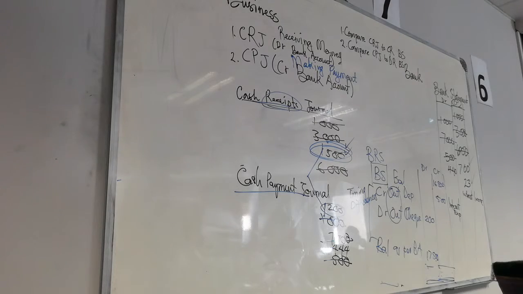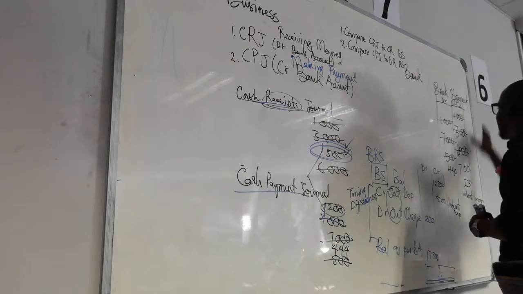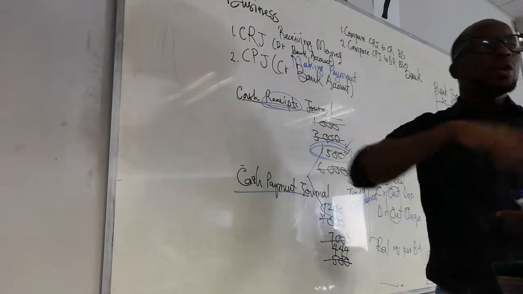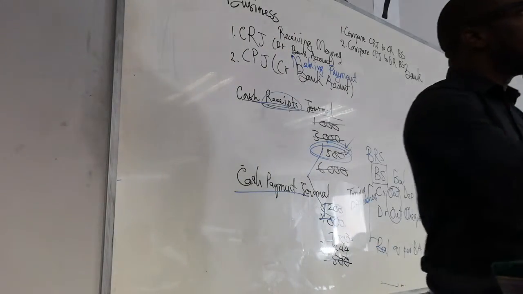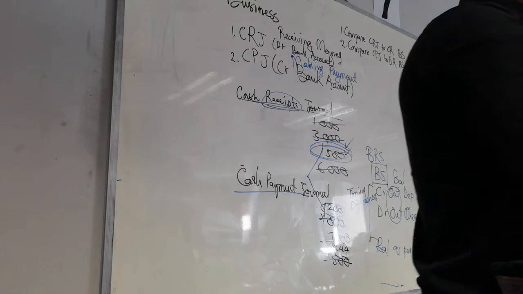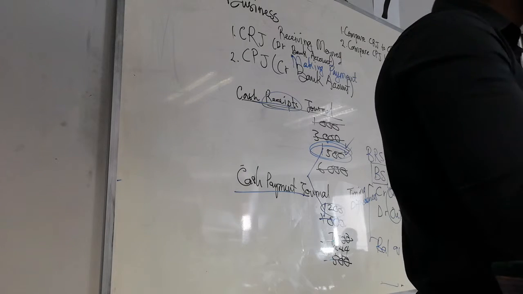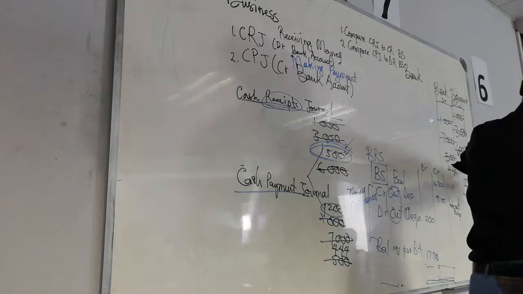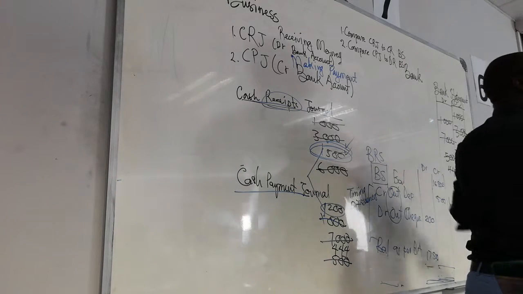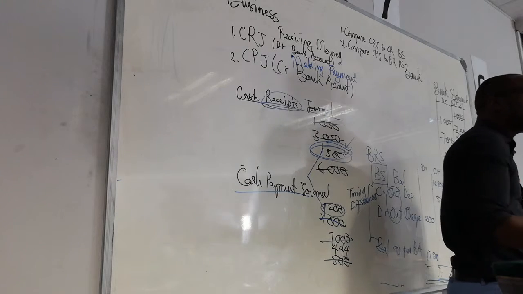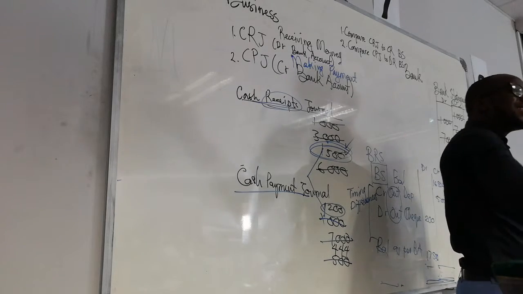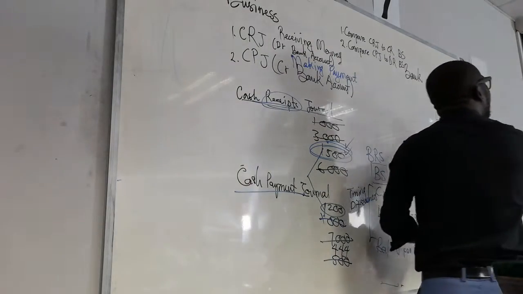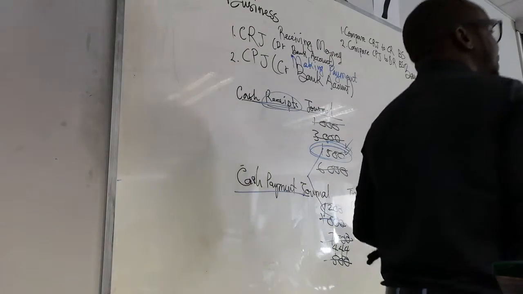But the transactions that happened in the bank statement, but not in the CRJ and the CPJ, we call them adjusting differences. Because once you see them, you need to go and record them as payments, or record them as receipts. Are we together? Here we received 700 and 300. When we receive money, what do we do? CRJ, we are receiving money. Here it's just that the bank received the money on our behalf.